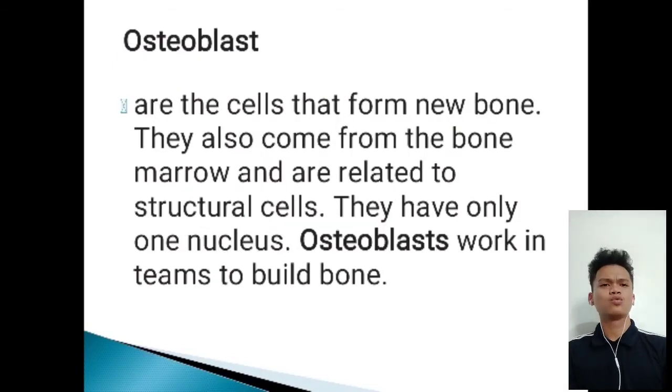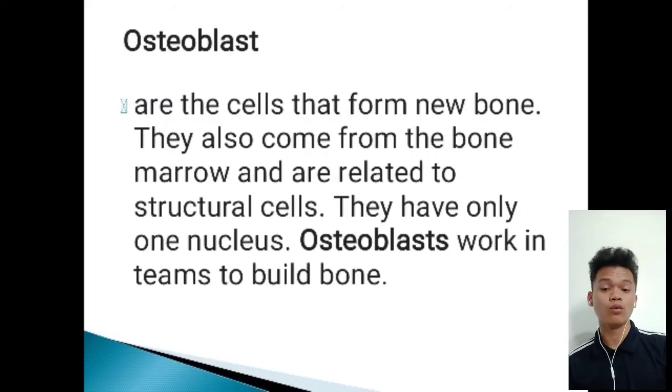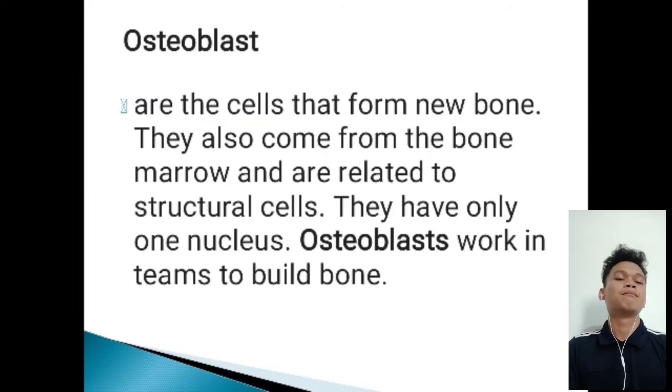Osteoblasts are the cells that form new bone. They also come from the bone marrow and are related to structural cells. They have only one nucleus. Osteoblasts work in teams to build bone. So the bone marrow produces not only red and white blood cells; it can also produce new bone. And the osteoblast, according to Google,